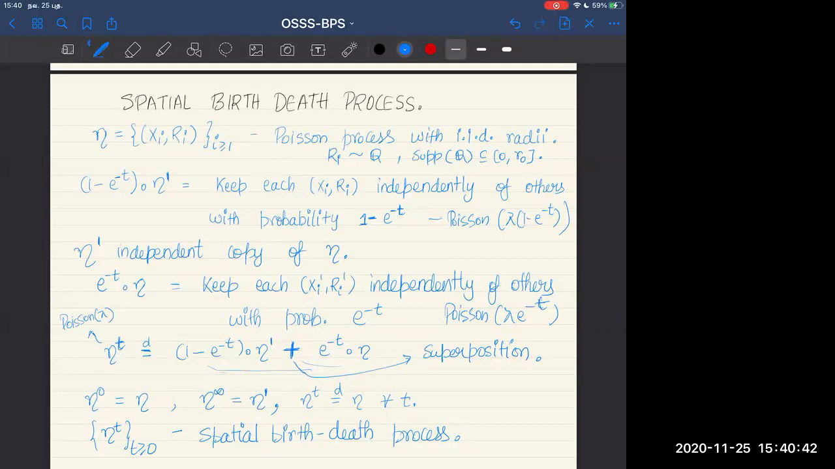So eta t, I call it a spatial birth-death process. There is one little point I have not said correctly: I can realize eta t as a Markov process. It is not obvious that there is a Markov process satisfying this condition. I have only said that at every time t,